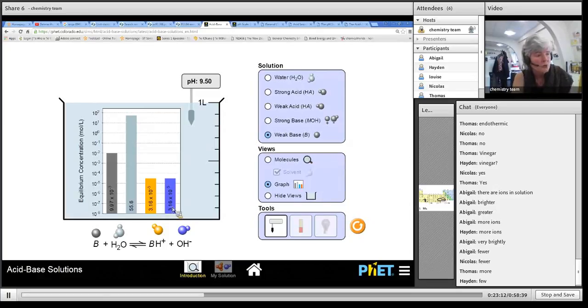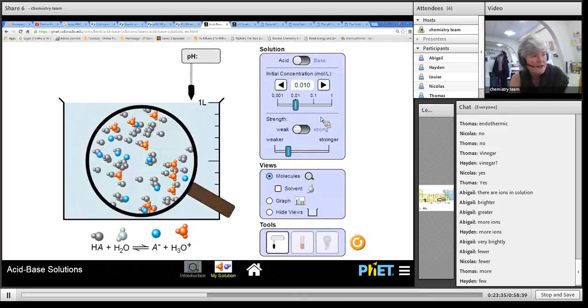Okay, so you're welcome to just Google PhET, and if you Google PhET acid and base solutions, it'll work off any platform because it's HTML. So if you've got an iPad or a Windows 10 or something like that, it should work. You can also play around by changing your concentration,